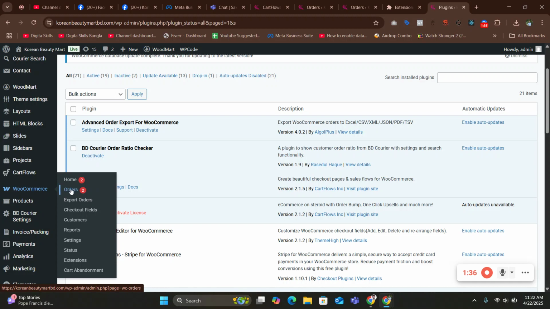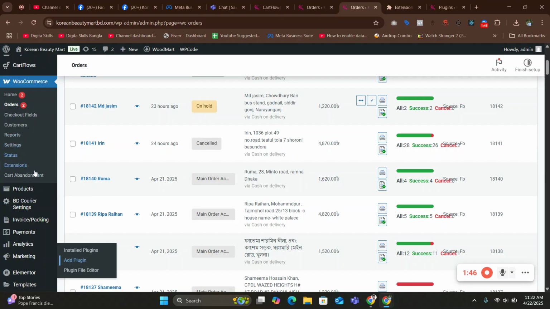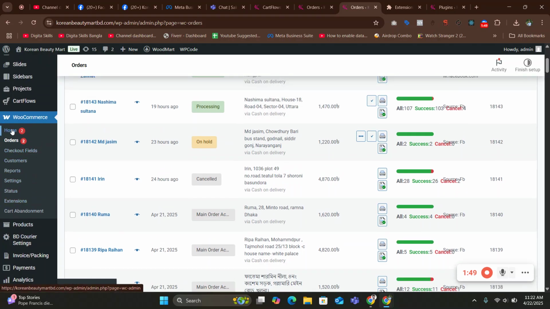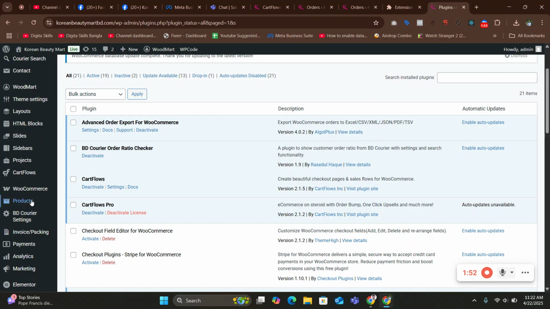Go to WooCommerce and orders, or we can use the export orders option. This menu is coming from the export orders plugin. As you can see, this is my previous page. In orders, there is no export orders option. After plugin installation, I can see export orders. So click on export orders,